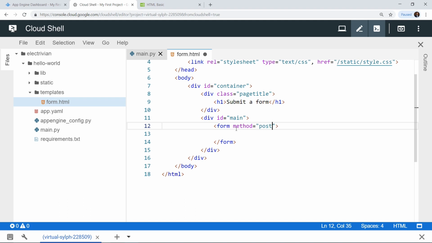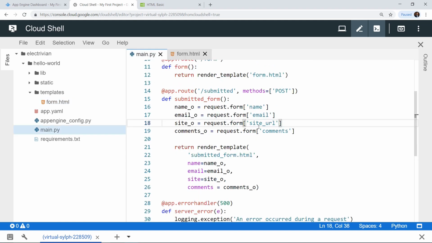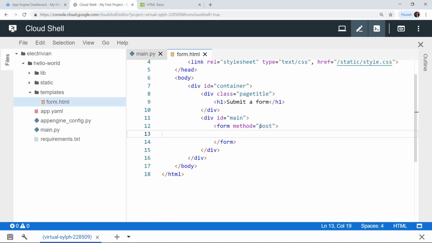Okay, so over here we have the method which is a post request which you want to do. So if you can recollect, the form will contain all of the data which the user has to enter, and then it will be submitted to the main.python file through a post request. Okay, so this is the request which we are talking about. Okay, and then we also have to use this particular URL which is the /submitted, and the definition is submitted form. So now let's refer to it.